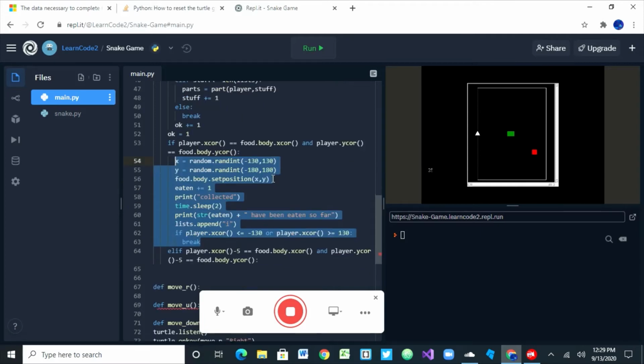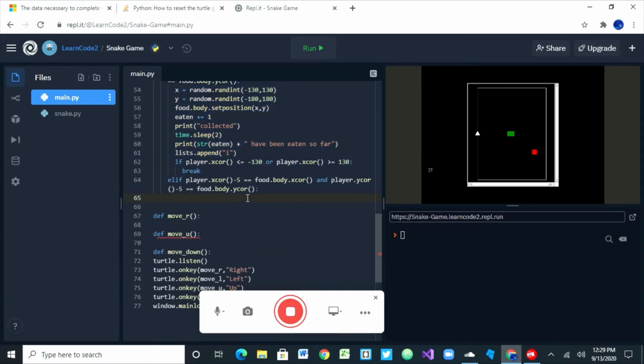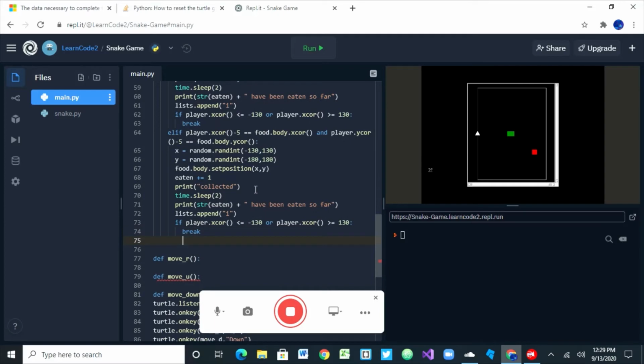Alright. Copy and paste. That easy. One more else statement. Because we did minus, now we need to do add. And then that should be all for this function. The rest we can probably just copy and paste. Let's see. If player.xcor plus 5 equals